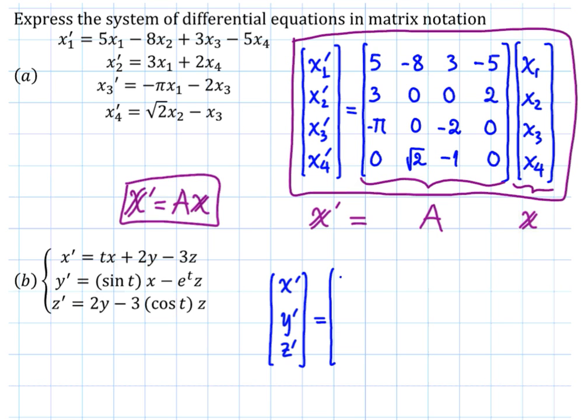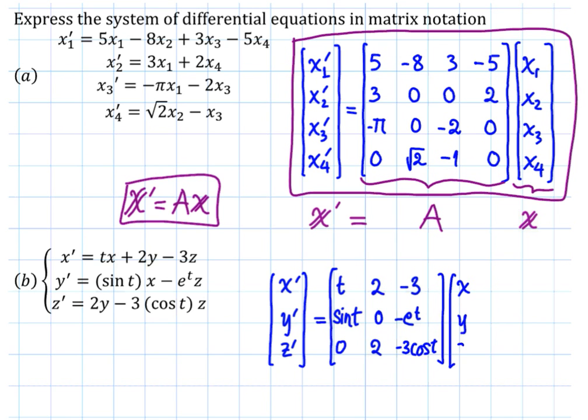now the coefficient of x is t, coefficient of y is 2, and z is -3. So it is a coefficient, but it doesn't mean it has to be a constant. As long as it is in terms of the independent variable, it is fine. There's 0 for y here and -e to the t for z, and 0 for x, 2 for y, and that needs a little more space for z. And then the dependent variables. Right, so that is the equation in matrix form,